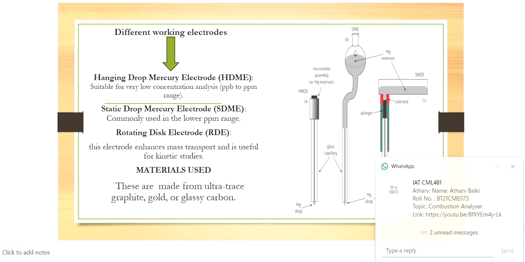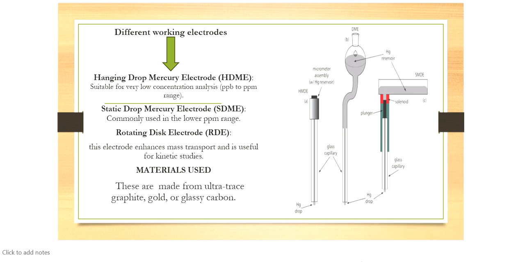In this we measure the concentration of analyte at a very low concentration range. Another is the rotating disc electrode. And the materials used for the construction of this type of electrode are gold, graphite, and glassy carbon. And another electrode is